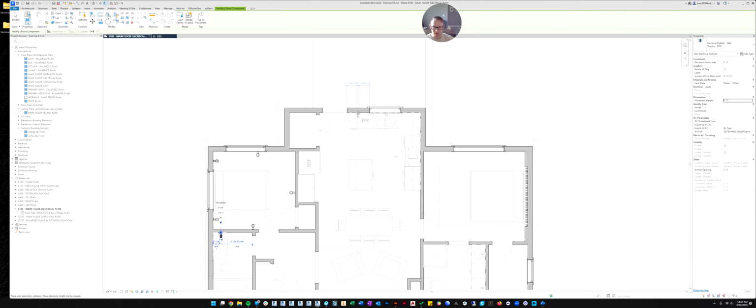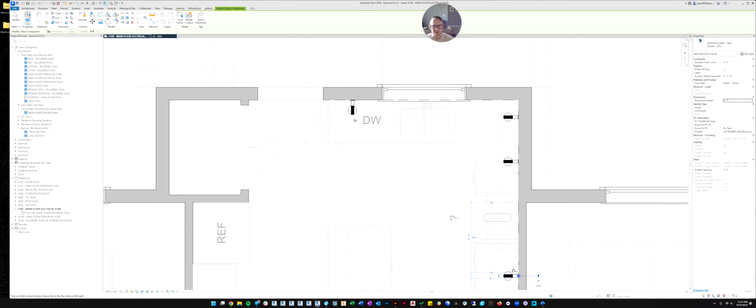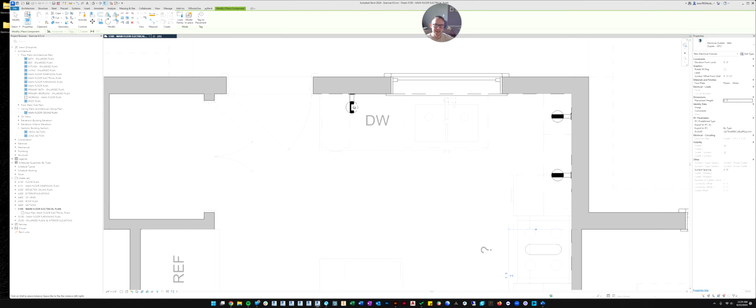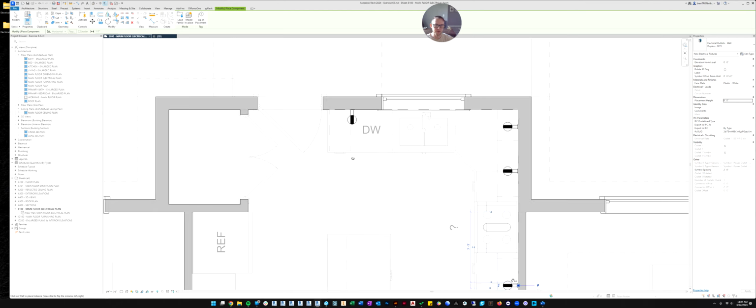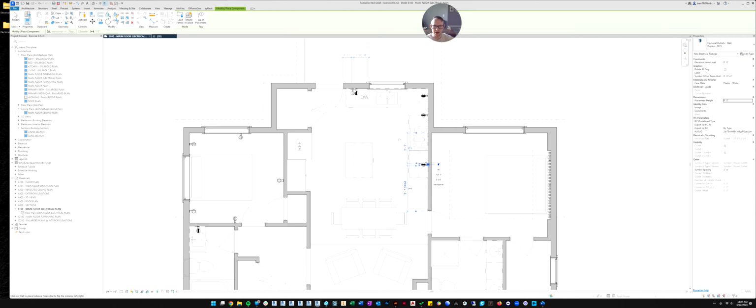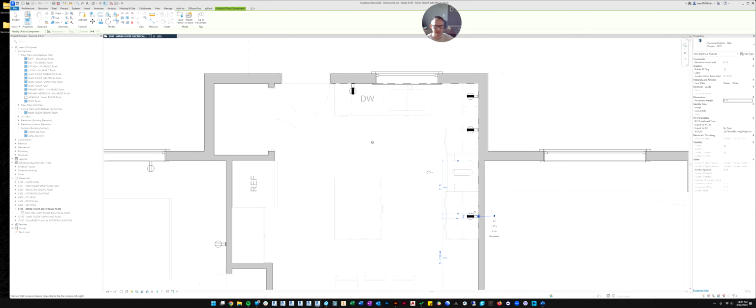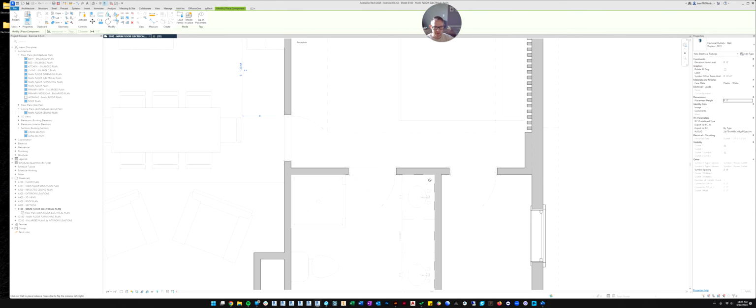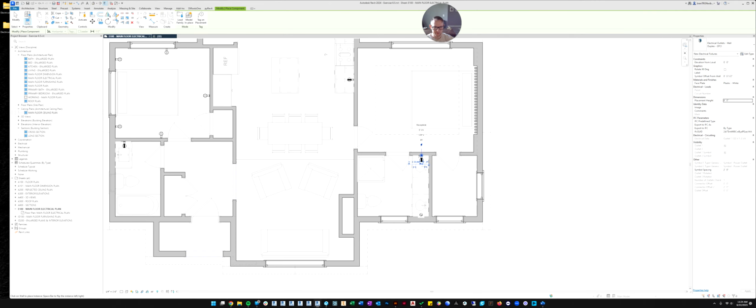And we can put them around the kitchen. You'll also notice they use standardized electrical symbols rather than putting GFCI in text over to the side. It just uses the GFCI symbol. That way you don't muddy up your drawings with text if you don't need to. We'll place these in there.